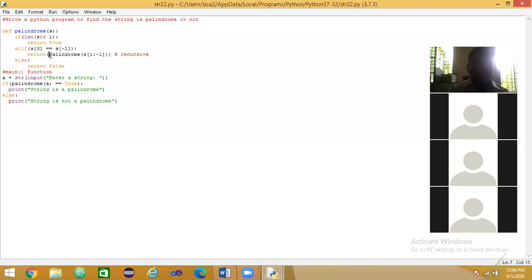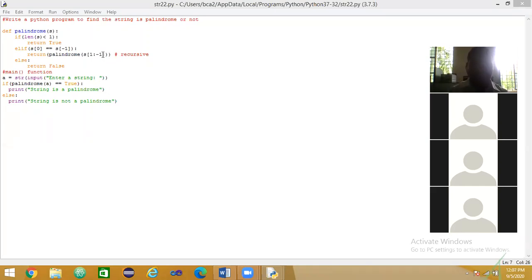The cursor comes here. So here the recursive function is very important. Just think that S of 1 colon -1 checks the second character and the second last character. See how the logic happens; this recursive function is very important. Palindrome of S of 1 colon -1 checks the first and last character, then the second and second last character.